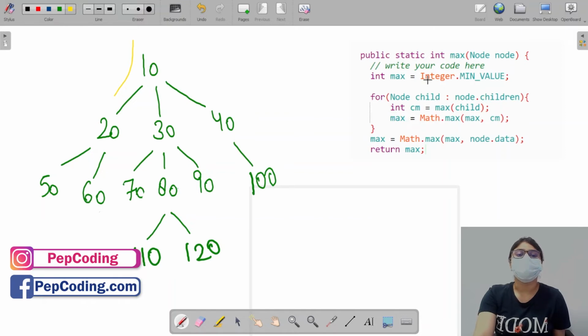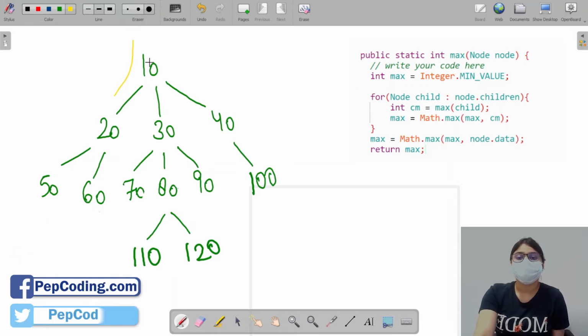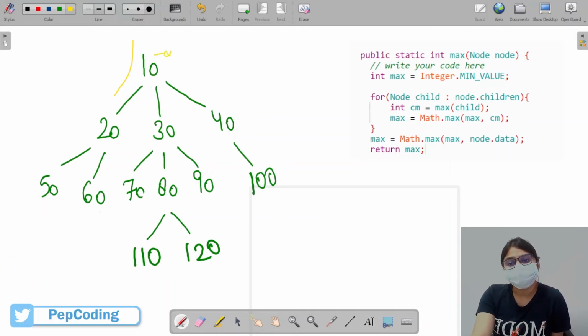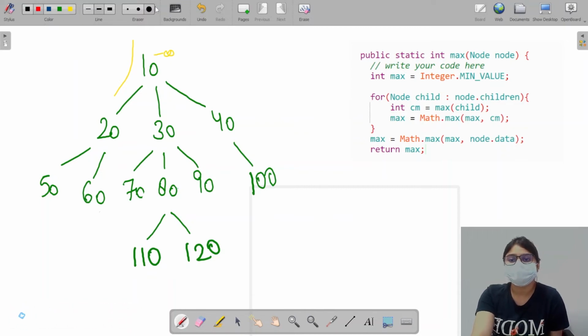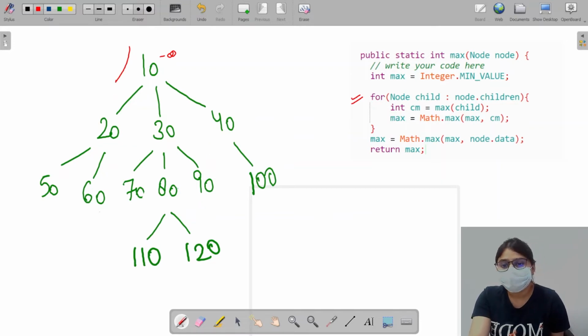This is our node and we'll initialize our max value with minus infinity. Let's change the color of pen so that you can see clearly. We'll use red. So here we are at 10. We'll initialize our max value with minus infinity. Now it will call its children, right? So we come at 20. Its max value will initialize at minus infinity.